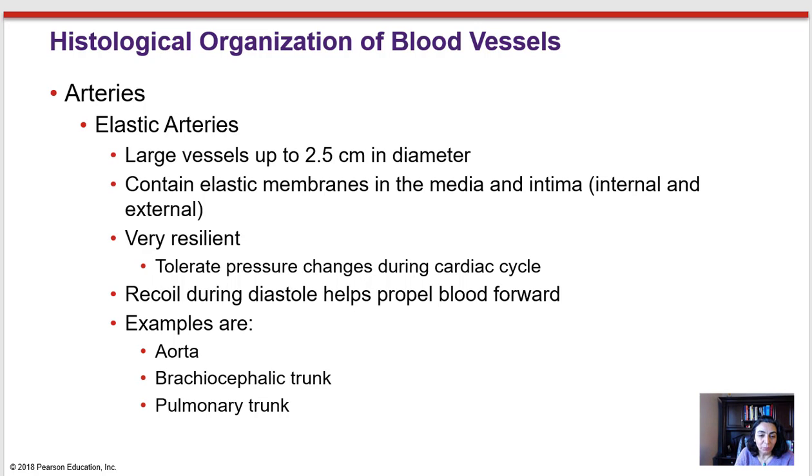Sorry for the interruption. So it was saying that the elastic arteries are very resilient, and the reason for that is that when the blood is coming out of the heart, it is by the push of the heart itself, right? When the ventricles are contracting, they're pushing the blood out, right? So this drive, this push pressure makes the blood go out and continue in the vessels, into the big arteries